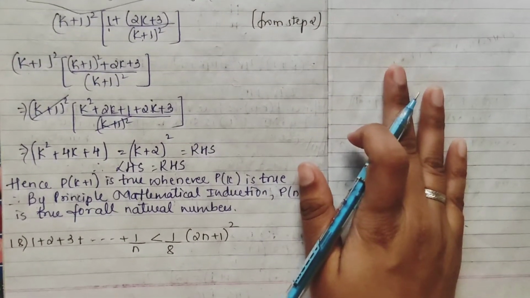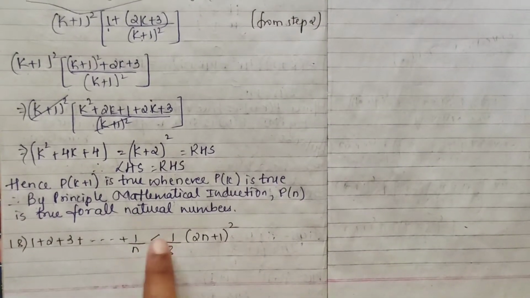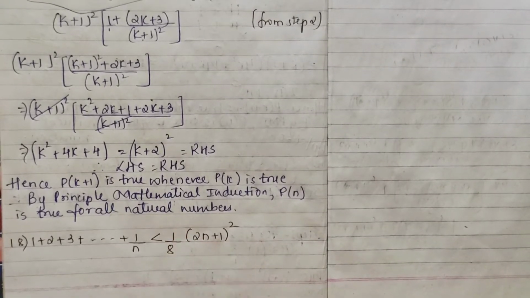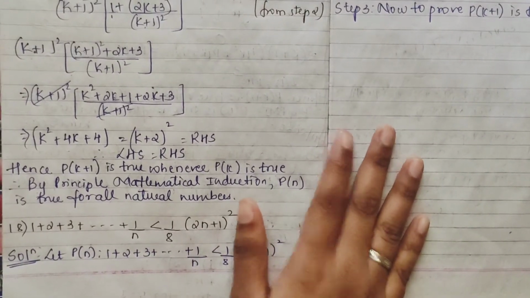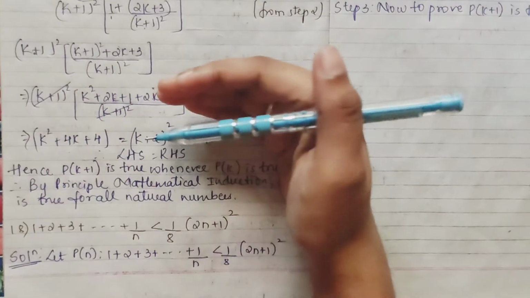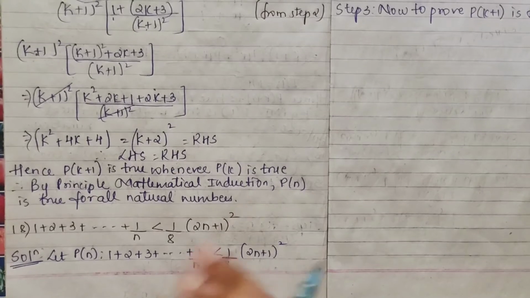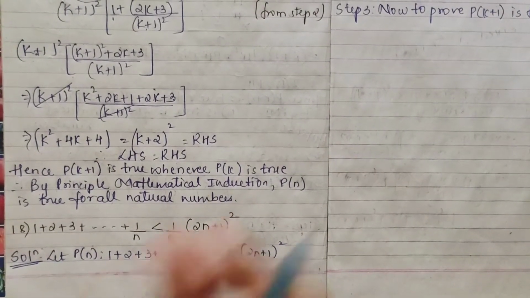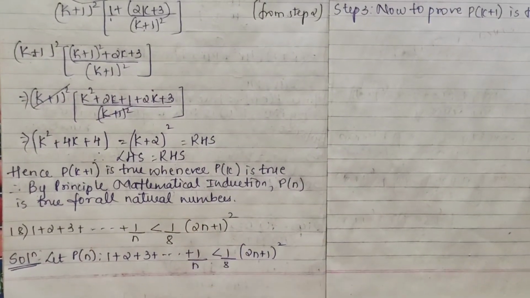Then we'll head up to our 18th one exercise, that is 1 plus 2 plus 3 and so on up to n, less than, the inequality sign they have given, 1 by 8 (2n plus 1) the whole square. And this is a bit different question, right? As per what we have done till now, we had our equality, but here you have an inequality sign. So in this part you can't take your LHS or RHS, because it is not equal. If it is an equal sign, then your LHS RHS works. So here you have to consider everything together.